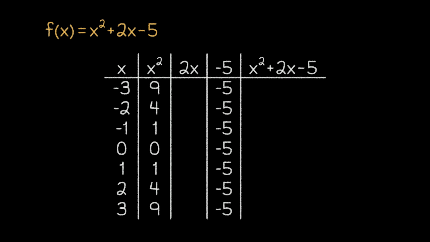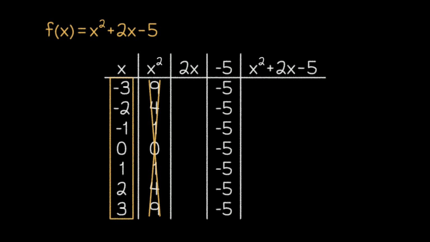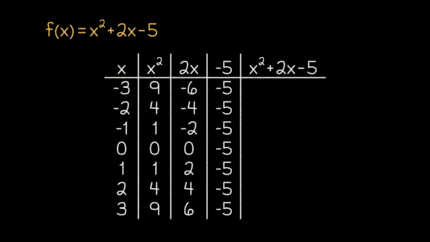Next, we need to fill in the third column, but notice that this column is just 2 times the original input. So instead of looking at the previous column like we typically do, we're going to look back to our first column of inputs and double each of those values. Once we do that, we're ready to calculate our final output, which is the sum of these three columns. So we'll add up those three values for each row and write down the final output values.